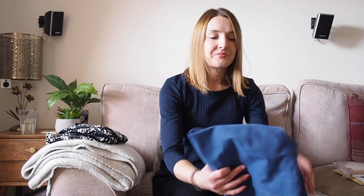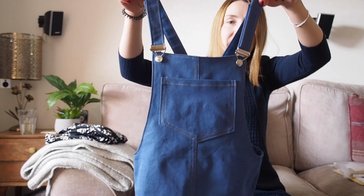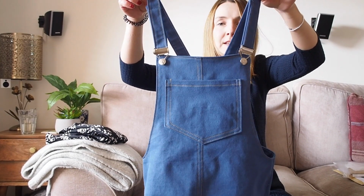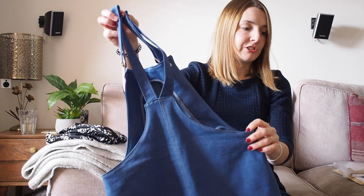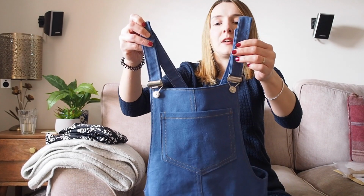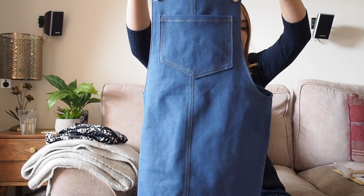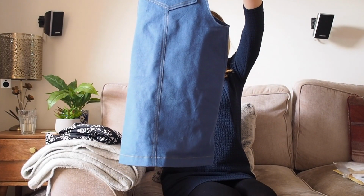Sorry about that. Anyway, last make was another Cleo dress in this stretch denim from Higgs and Higgs, which I also picked up as a remnant from the Knitting and Stitching show. And I'm not sure about this. I love my first Cleo dress, which I made in navy needle cord, but this one, for some reason,